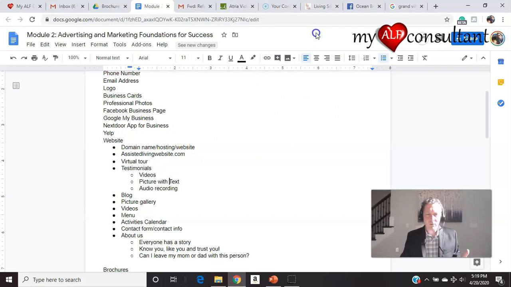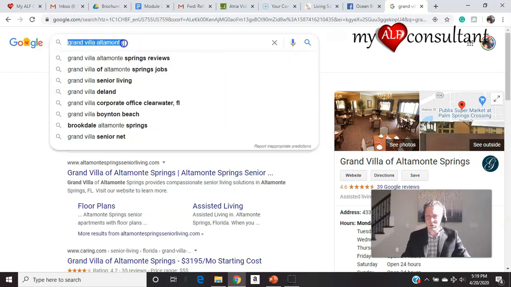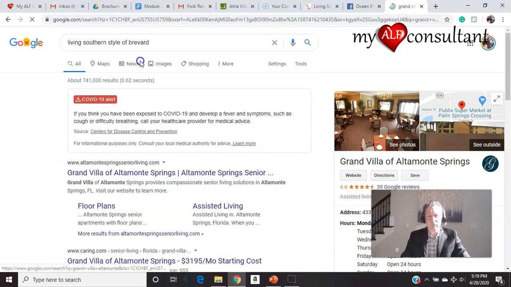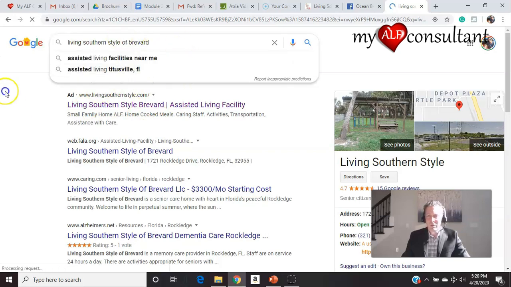Okay, so another reason why you want to have a website is because when you run a Google ad, which you absolutely have to do, everybody should be running a Google ad, at least just for their name, okay? I did set up a Google ad for one of my facilities. Let's see if it's running or if it's active. It might have run out of budget. Ah, look at that. See? You absolutely want to run an ad because you control being up at the top. Especially if they're searching for your name, you want to be here.